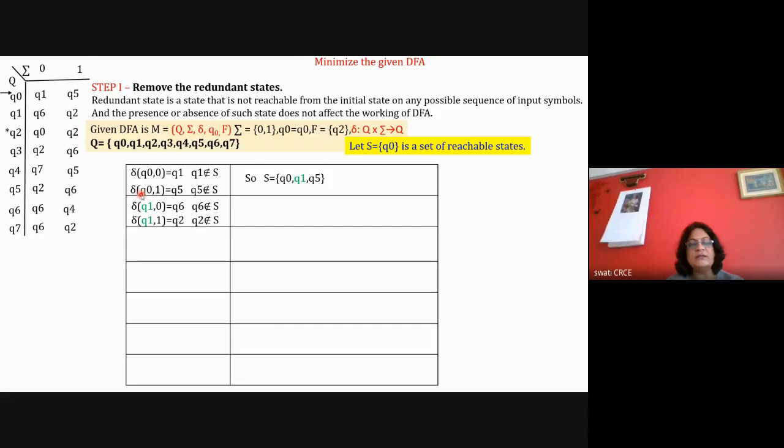Okay, so it will be the string as 0 0 or 0 1. If the string is 0 1, then it will go to Q1 and then it will go to Q2. So the states will be Q0, Q1, Q2. Means that Q2 and Q6 are also reachable. Now I'll check whether Q6 is there in this set. It is not there, and Q2 is present in this set. So if they are not present, then I'm going to add them because they are also reachable. So now my set of reachable states has increased. It now has 5 states: Q0, Q1, Q5, Q6, and Q2.